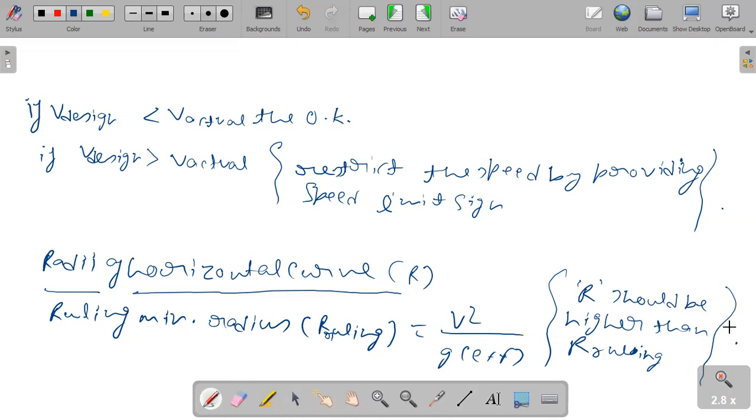So this is it for part 2 of geometric design, and tomorrow we'll discuss curves, setback distance, which is the last topic on geometric design. And this is all about today's session, the numerical parts of geometric design part 2. Till then, do a lot more practice. In part 3 of geometric design, we'll move on to previous year questions of geometric design from GATE examinations.